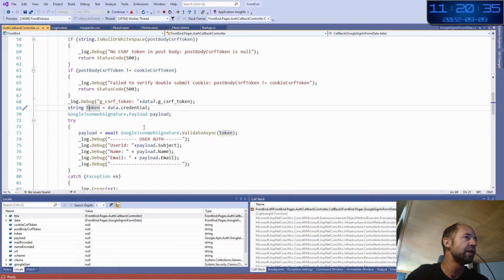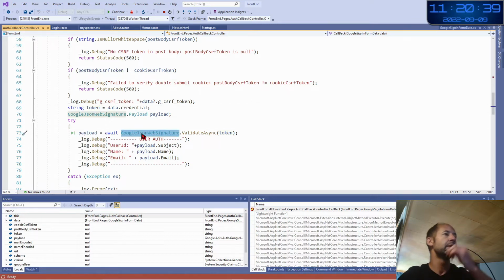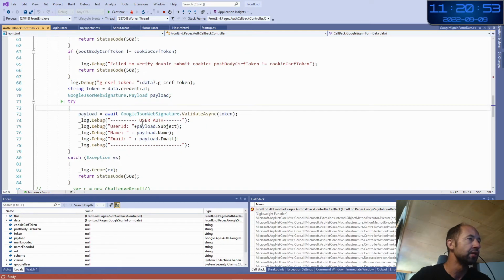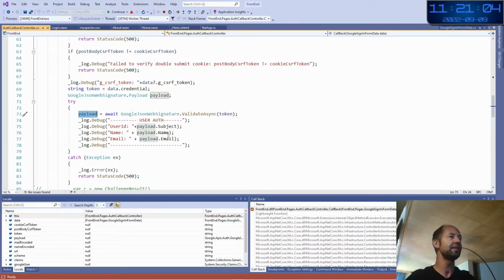So the token here can then be validated with the API from Google. You must install the correct NuGet package. You will see the Google package in the Google documentation. So here I validate the token payload, and once I have the payload, all the data is there.